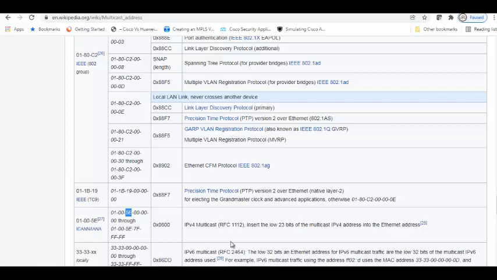Whenever we do IPv4 multicasting, for that you will have 5E. This is what I was talking about, this range of multicast addresses. That is what we need to actually know. There's no need to know these multicast addresses in detail, but we will be learning IPv4 multicasting. For IPv4 multicasting, this is the clue: this is how you can identify that the traffic is a layer 2 multicast, because there is a layer 3 multicast. Alright, now let's go back to our